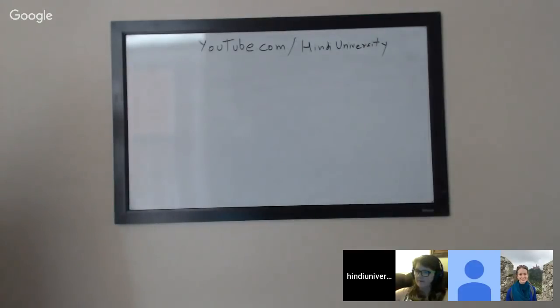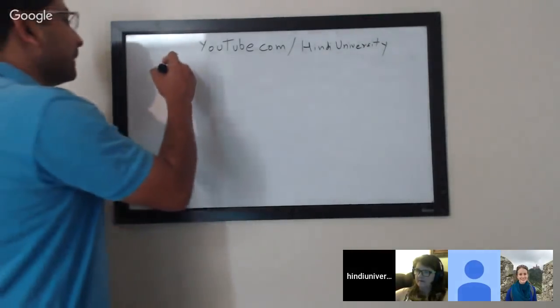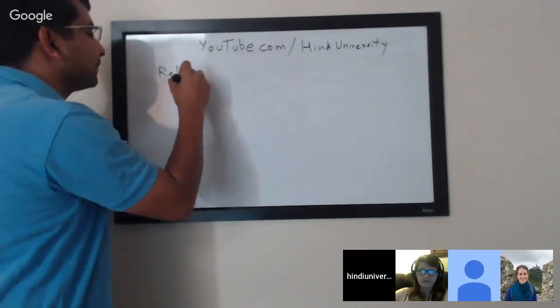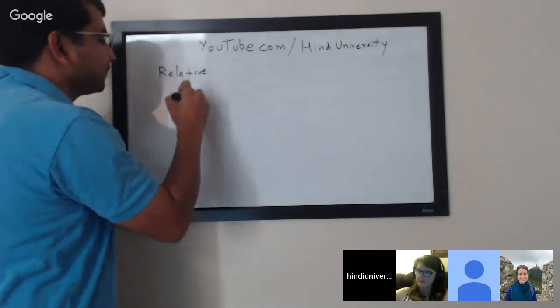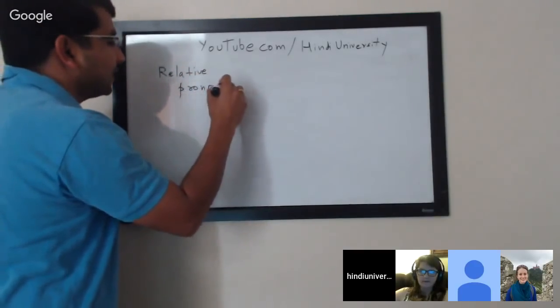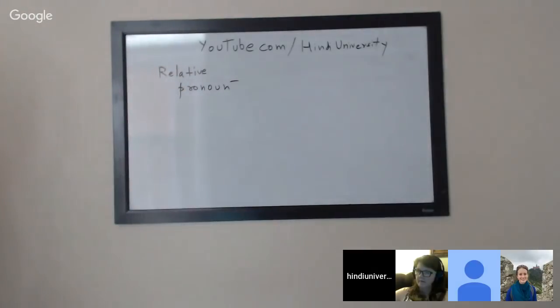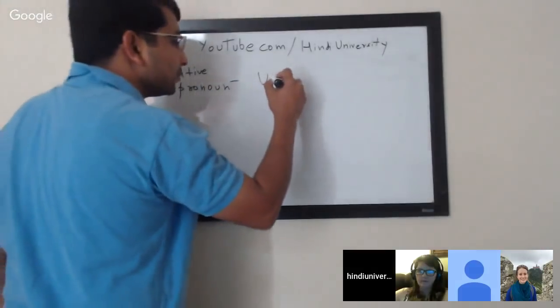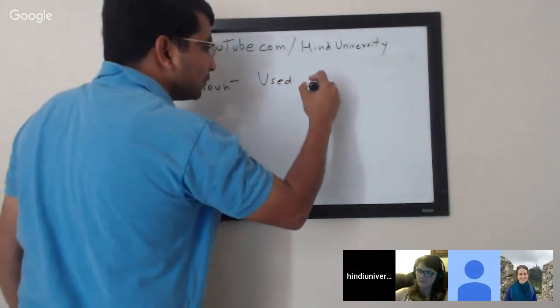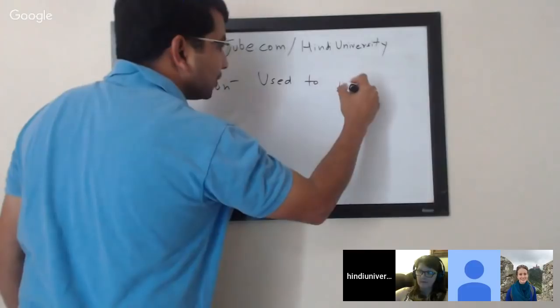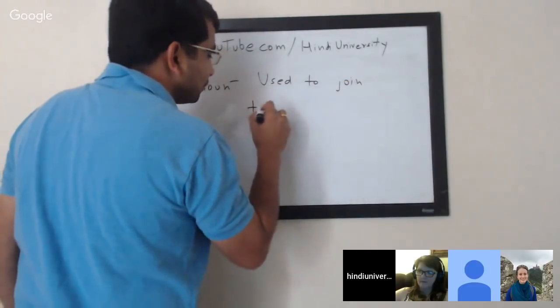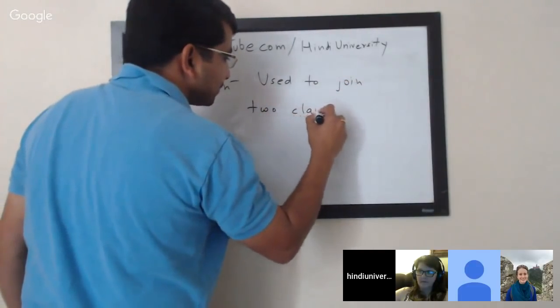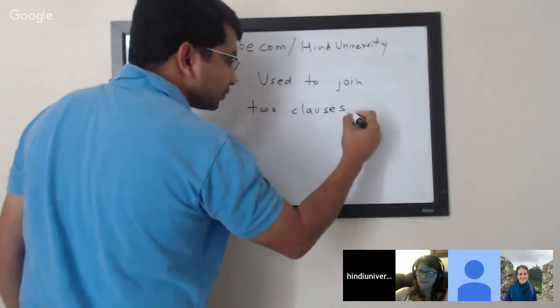Started. The topic is relative pronoun, and so what is relative pronoun? Okay, relative pronouns are basically used to relate two clauses which share a common word. They're used to join two clauses. Think of it like two sentences